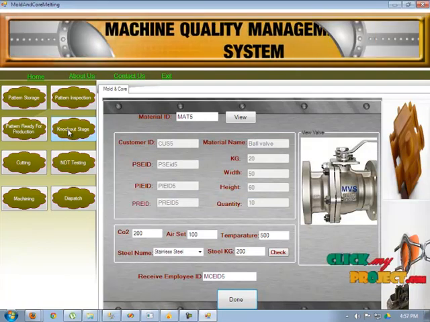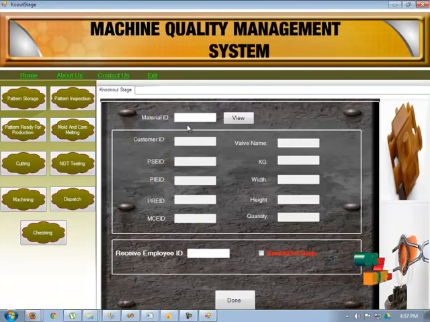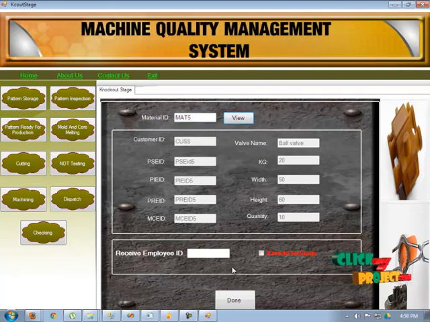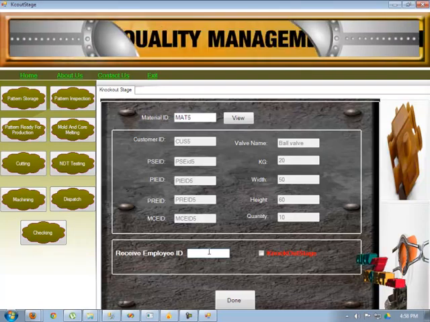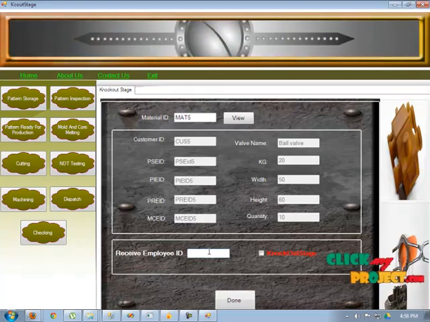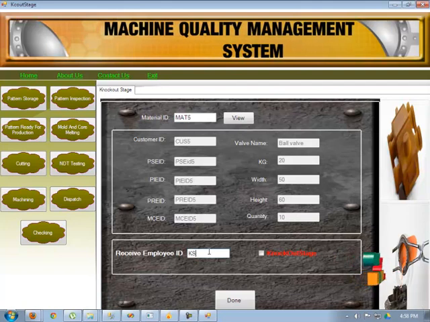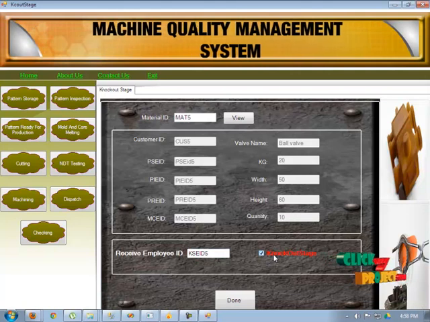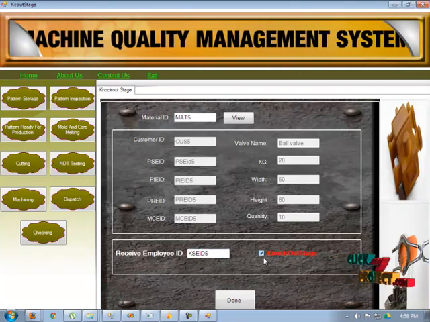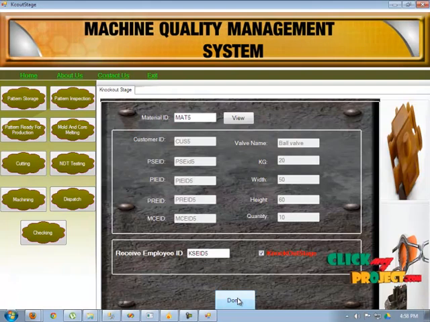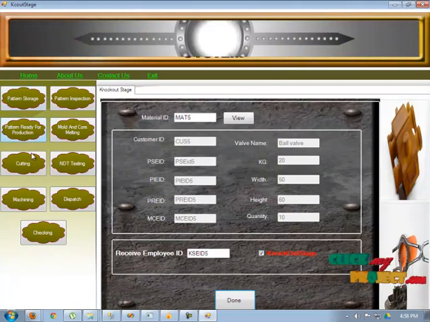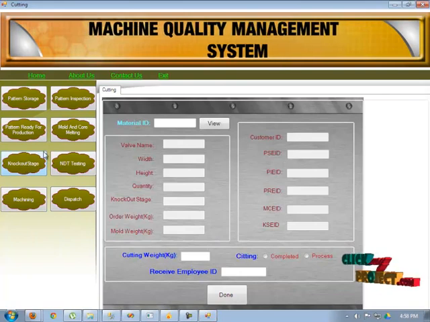Now we move on to the knockout stage. In the knockout stage also we have to mention the material ID. By clicking the view button, all the information is retrieved from the database. Note that this stage is only for sharing the information from the process and displaying it to you. By clicking the knockout stage, we are checking whether the process is run or not. By clicking the done button, the knockout stage is completed now, and the normal process is done as per the requirement. The normal process is completed,